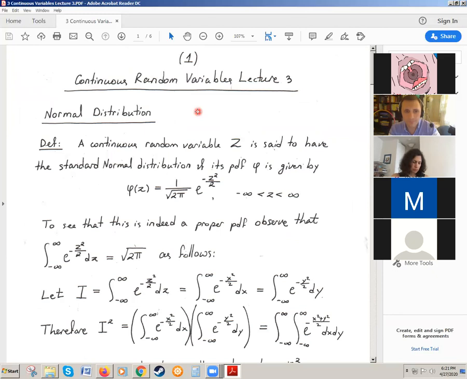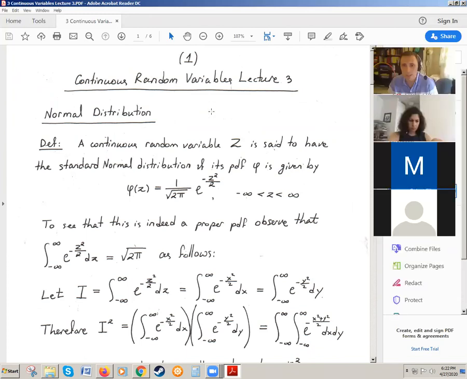All right, so normal distributions. First, let's define the standard normal distribution. Z, you might know it as a Z-score, is said to have a standard normal distribution if it has a probability density function phi given by this formula. Now, you might not right away figure out why you would think of such a formula. That's later. Right now, let's just take it as a given. This is our density function.